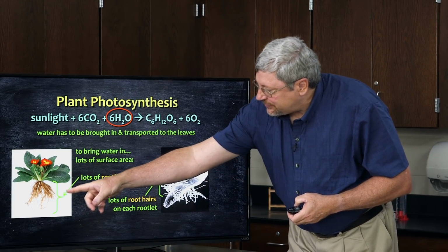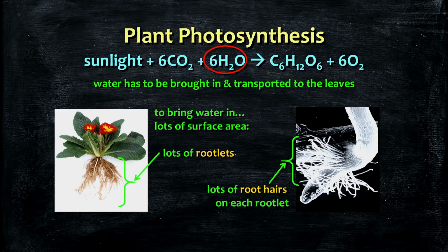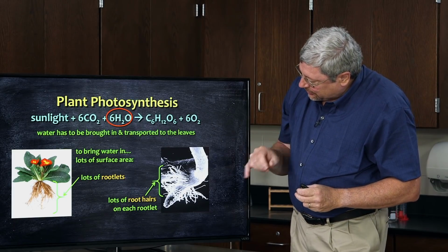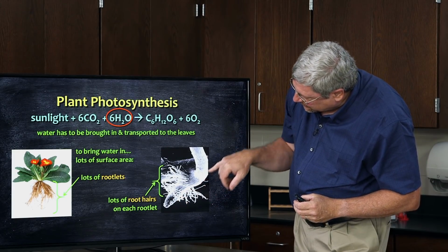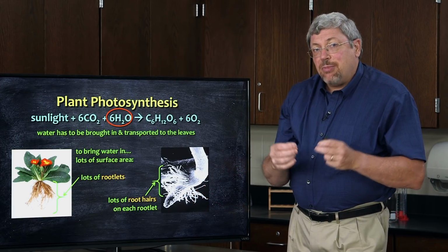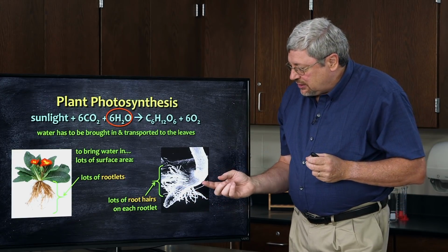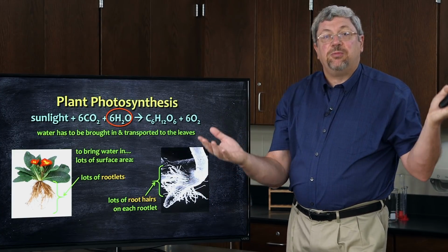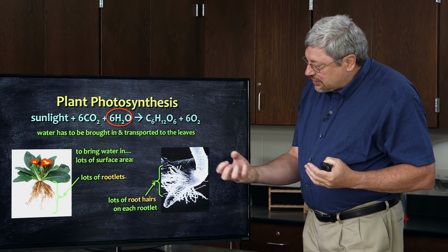But that isn't enough. Actually, if you look at the roots under a microscope, which you're going to do in the lab, you'll find that when you blow these tiny little roots up, these things that look like hair-sized strands, you find that towards the end of the root, there are what we call root hairs. Microscopic extensions out of the root that increase the surface area so much more to allow for the absorption of